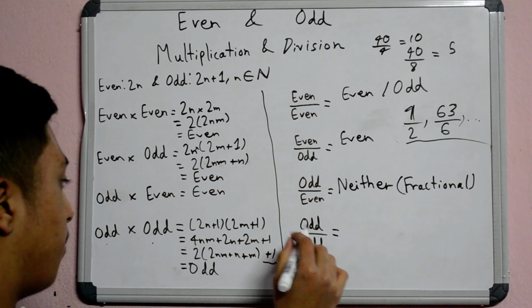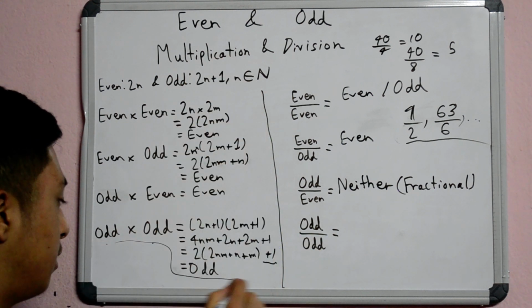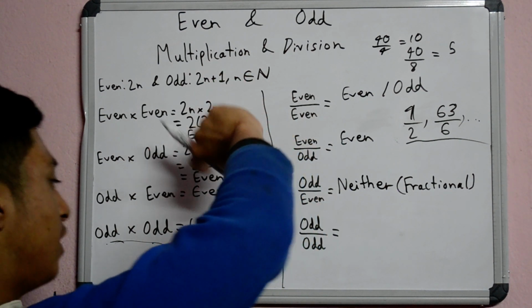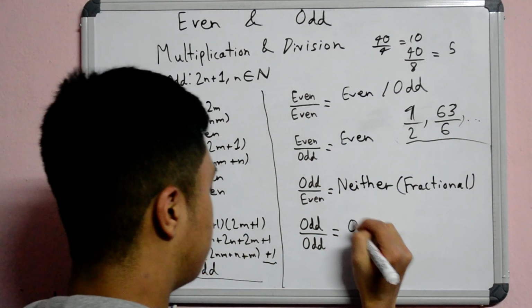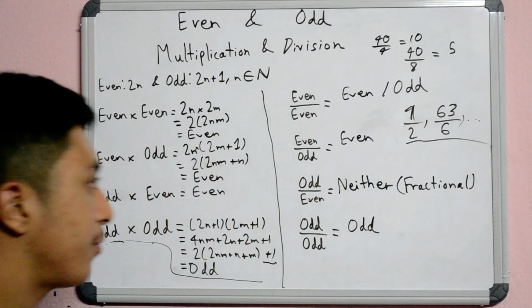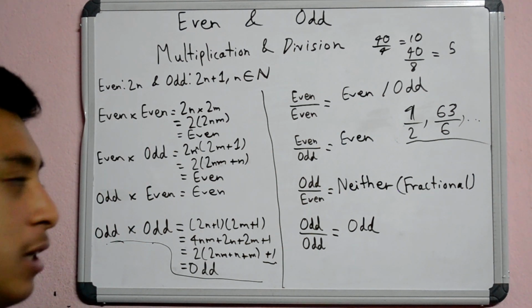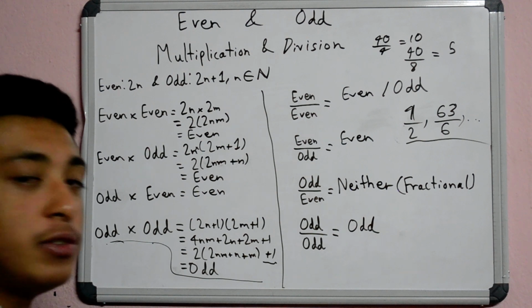Now odd by odd. Well, we can just see from this case, because we don't need to look at the other cases, because all three give even, and here odd by odd always gives an odd number. So this is it for multiplication and division rules. Well, not really rules, but you can use it as facts, and sometimes you even need this for